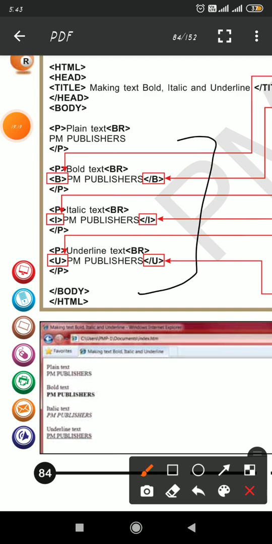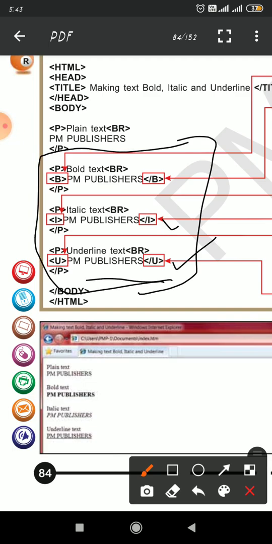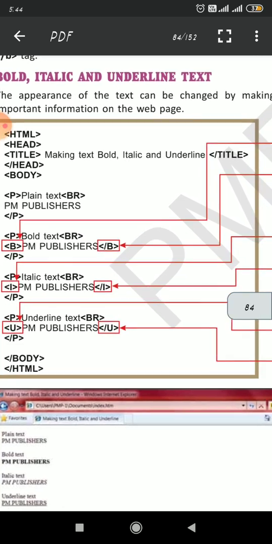Here you can see in these blocks, this one, and this one, and how it appears. See here it appears in bold, in italics, and in underline. So in this way you can change your text appearance. Okay.